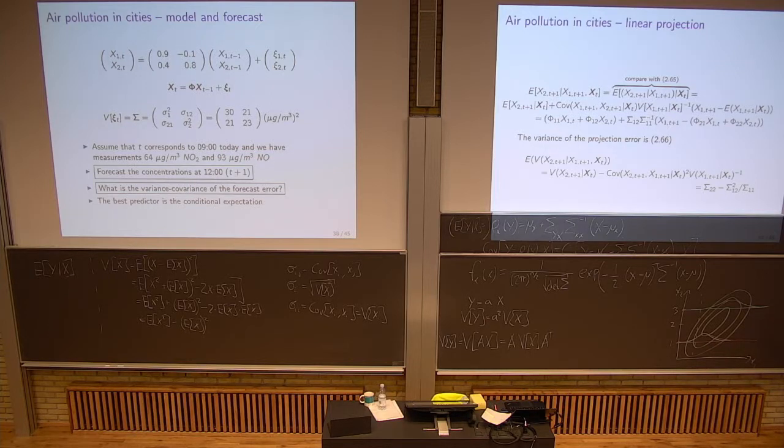Now the variance of this, well, you just have to go into it again and say, what is this? The variance of x2, the variance of x2 conditioned on x1 and xt, is the variance of the prediction that we had just before, and then comes minus some covariances. I won't get into the details of this. The covariance of x1 and x2 squared, and then the inverse of the variance of x1.